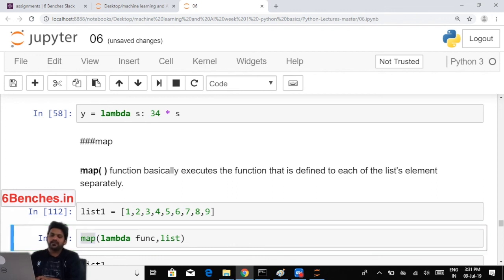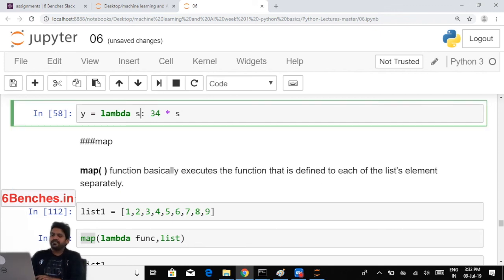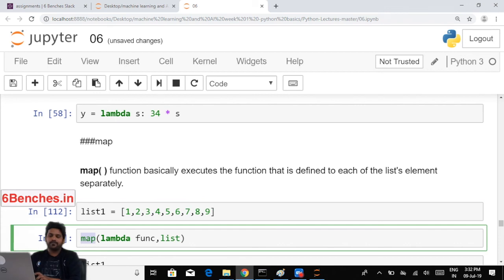What this map function does is, it will execute the function that is defined, which is your y, to each of the list elements separately. That is, it will apply y to each one of 1, 2, 3, 4, 5 till 9. To call that function, I have to first call map. Inside that, I have to use the function name, which is y, and then my list 1. So if I execute this